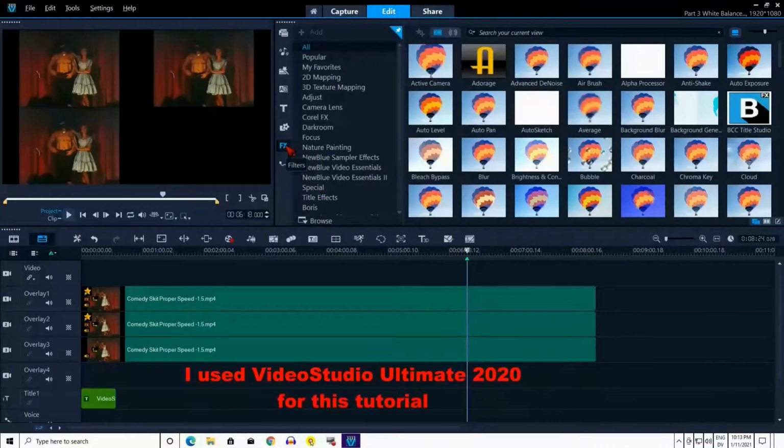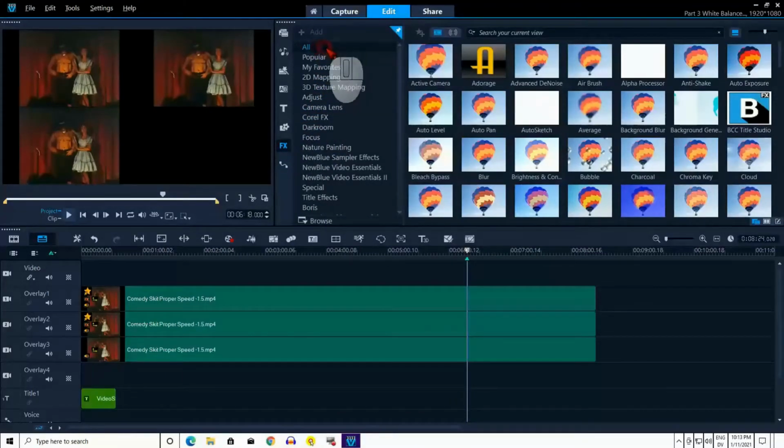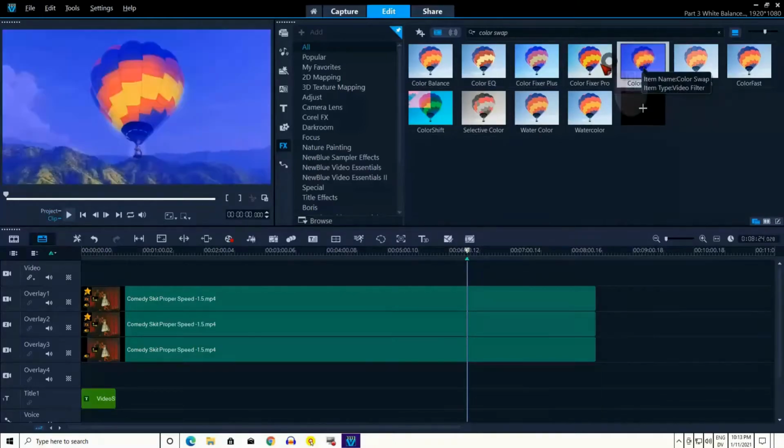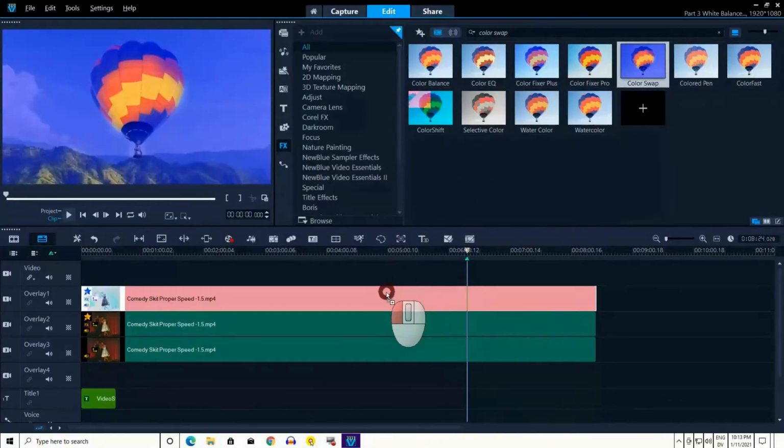Then click on FX, click All, click on the search window to activate the search feature. Type Color Swap, then left click and hold until you drag Color Swap onto Overlay 1, then let go of the click.